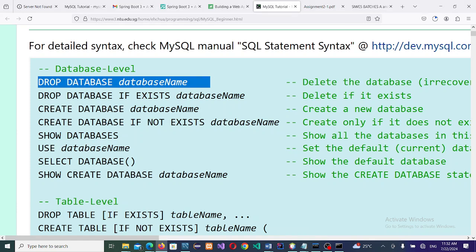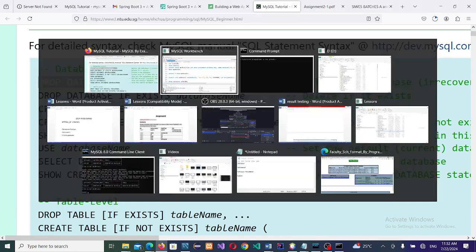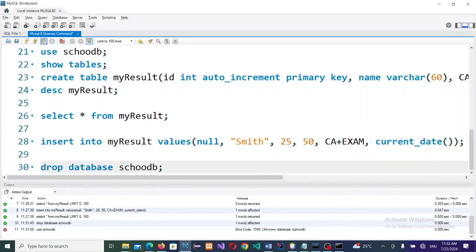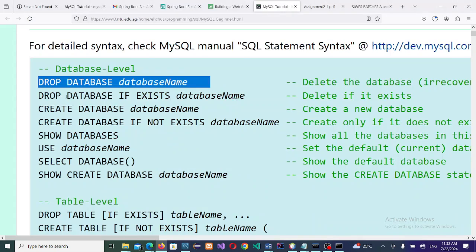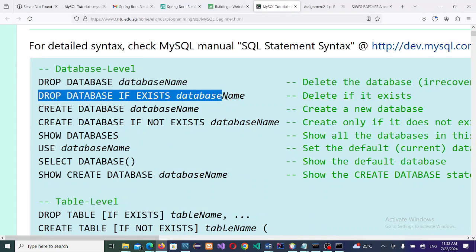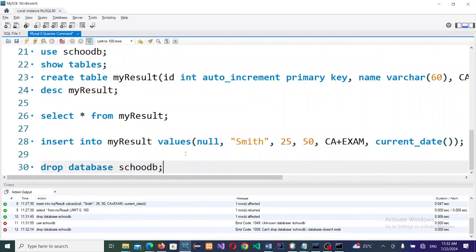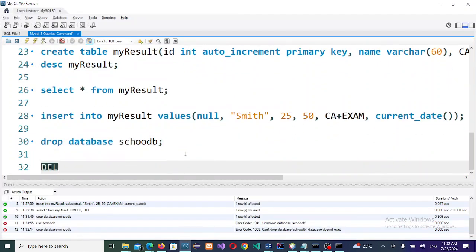Look, it says does not exist, right? If you say drop, it tells you that it doesn't exist. This is the error command. But if you add this, drop database if it exists, then there will be no